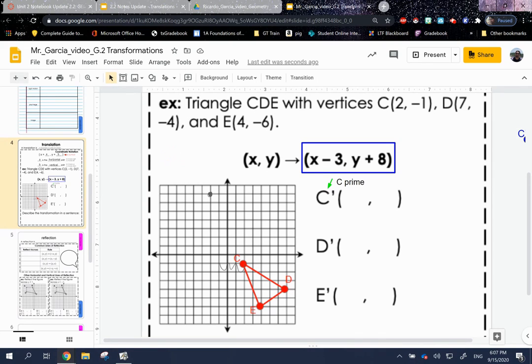But imagine if you have to do this for every single point, every single time, it kind of gets tiring. So the best way to evaluate a translation is to do the math, to plug in your coordinates that you have, and find the coordinates that way. So for example,